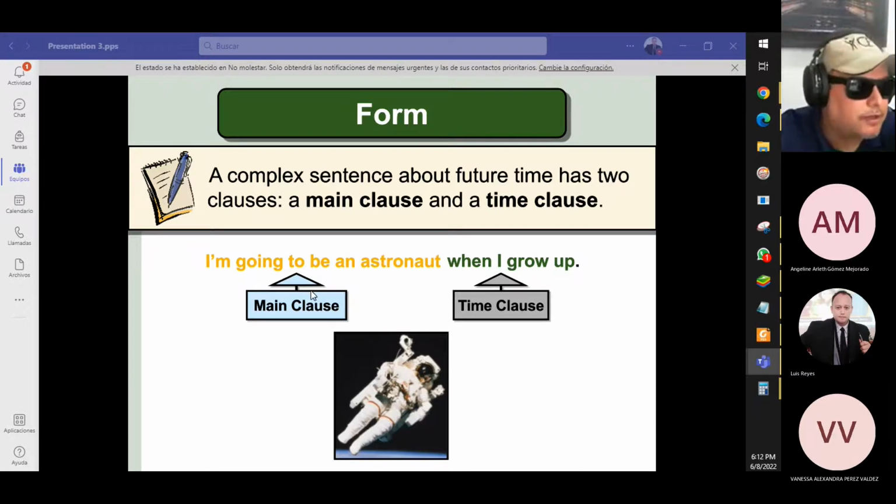Primero, el main clause va a ser lo que tú quieres hacer. I'm going to be an astronaut. Y ese siempre lo vas a poner en el futuro. Ahorita vamos a hablar de eso. Y el time clause viene siendo cuándo lo vas a hacer. Y no necesariamente tienes que usar un marcador de tiempo